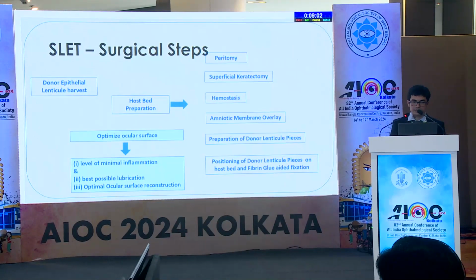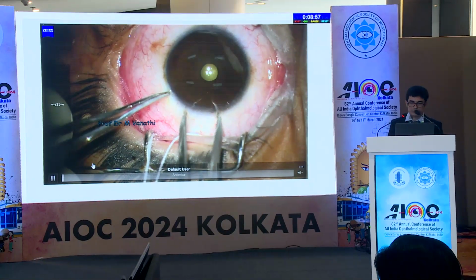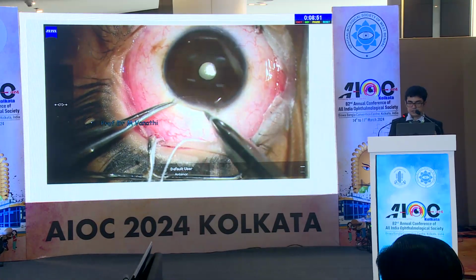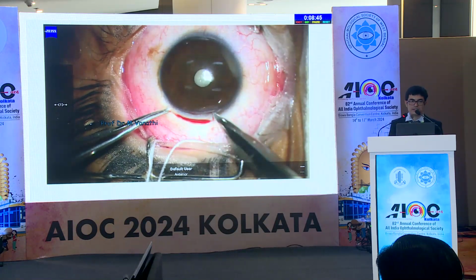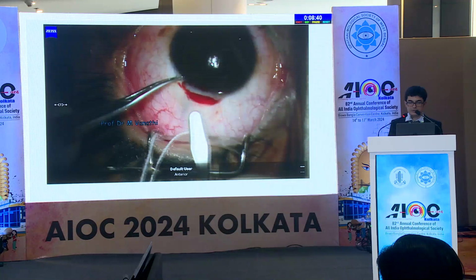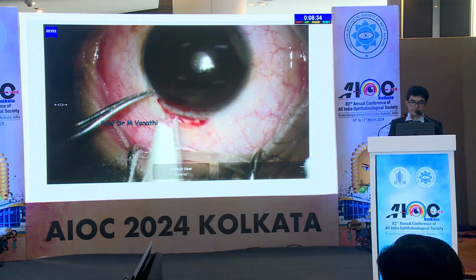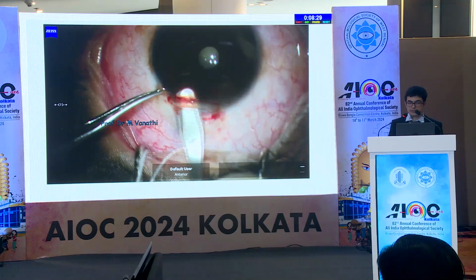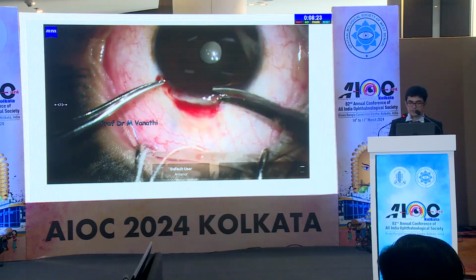So these steps I'll be discussing in my video, courtesy Professor M. Vanathi. So we mark around a 4 mm area, preferably in the superior limbus, and we cut with a blade both on the conjunctival and on the corneal side. We want to include a part of the stem cells, and several techniques have been described, but here we have cut with a blade and we'll dissect. Blunt dissection is carried out using the crescent blade, and it is cut using Vannas scissors,